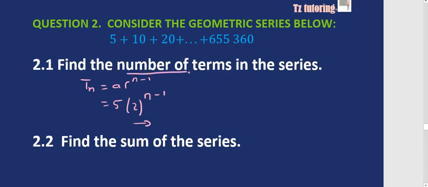To check the number of terms, you must equate Tn to the last term. The last term tells you how many terms there are. So if you divide both sides by 5,